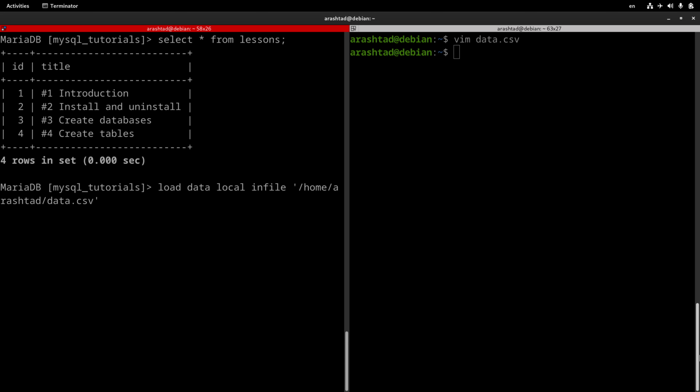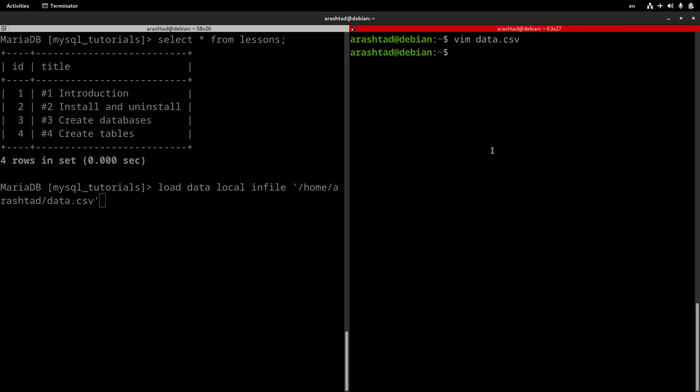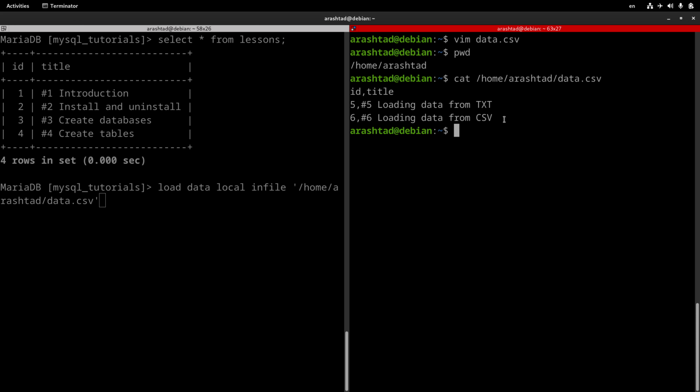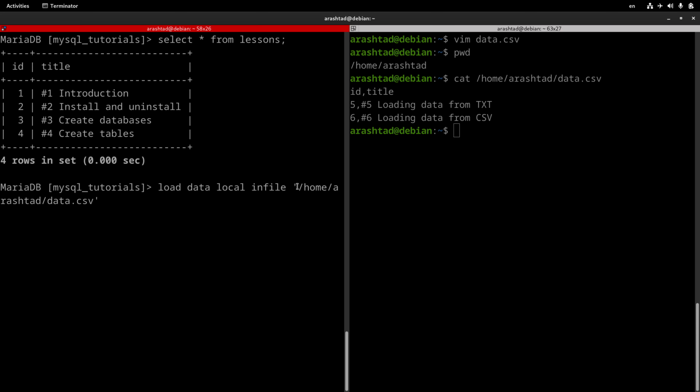If you're curious about the path, I found it here, that will be the directory that I've created. The CSV file is already in home/Arashtad, and if I do a cat home Arashtad data.csv, we will see that this file exists and the content is loaded. So I put the full path to the CSV file here, and after that I can type into table